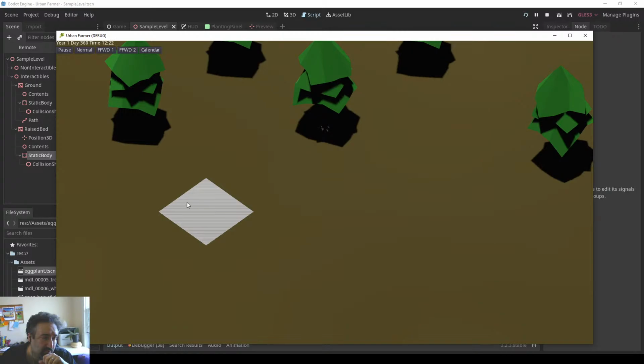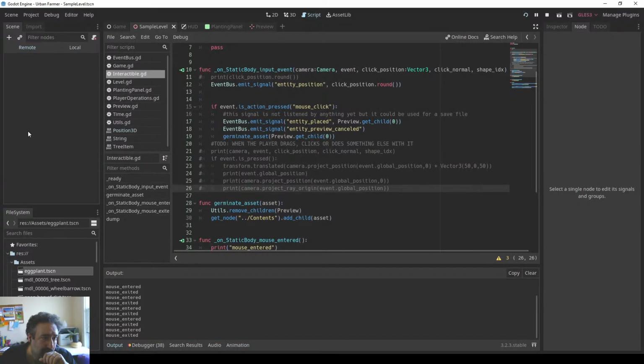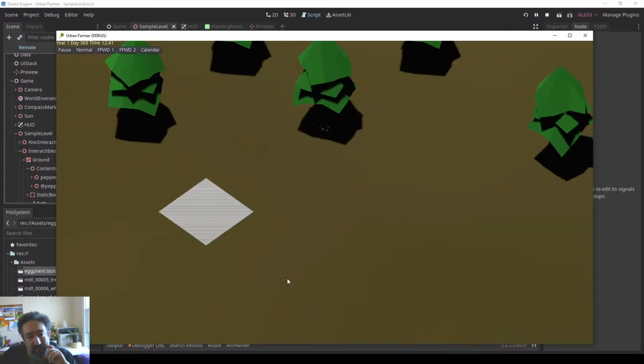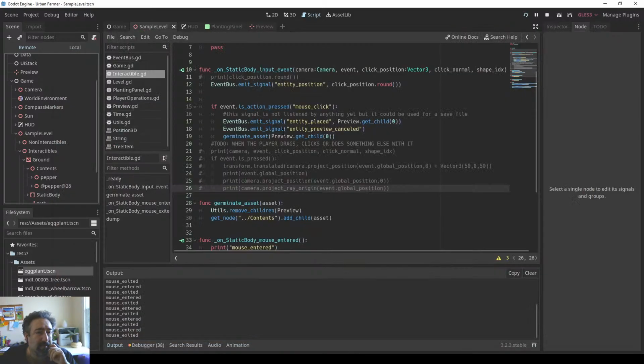And maybe I am placing it, but then where did it go? Game sample level interactable. I think there's a depth problem here when planes are overlapping each other. I bet I was still in this. I think a way to